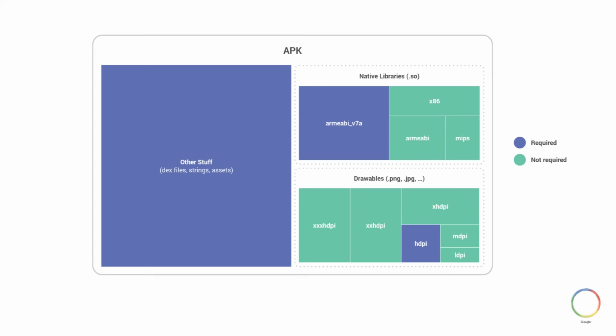To explain this concept further, let's look at an example. Let's say I have a phone with a 32-bit ARM architecture and a high-density screen. In this case, the boxes I need here are in blue, and I don't need the content in the green boxes because they are for other devices. If I had a tablet with an x86 architecture and extra high density, then I would need a different group of boxes here. Using multi-APK, you can manually create device-specific APKs that target only one density and one native architecture,